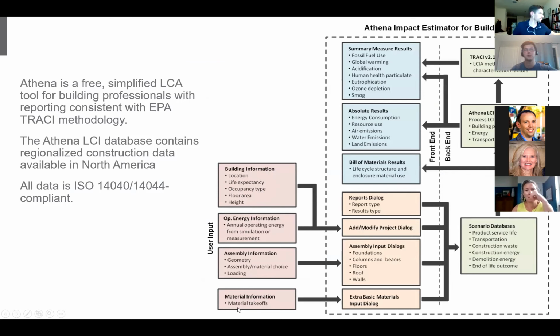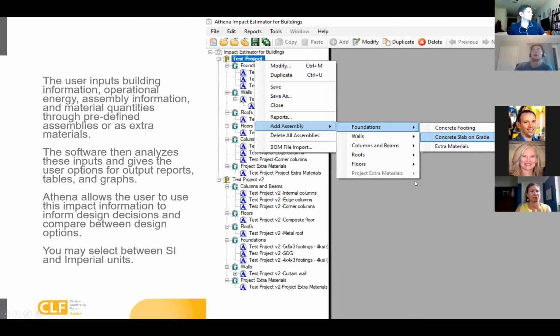So you directly put this in. This is not integrated within Revit. And you input those into different assemblies. You split them up into extra materials, however you need. And then it goes into the back end. Athena does its thing and runs those impact values to it. And then it outputs different reports for all these different impact categories. And then you're able to sort through that. You can do comparative analysis. You can have your bill of materials. And